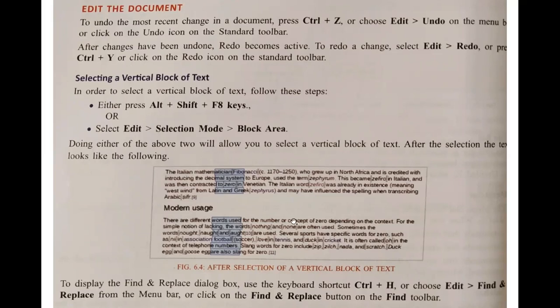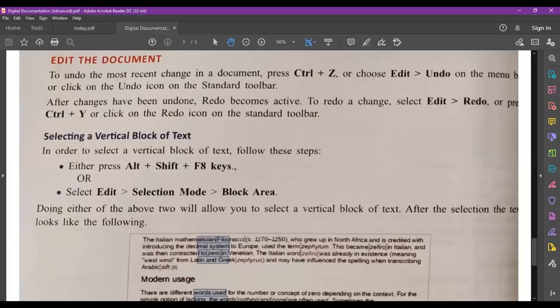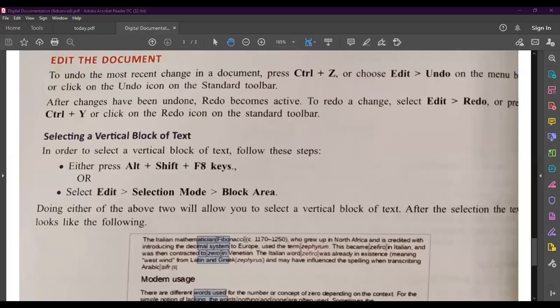So let's do the practical first. Here is LibreOffice Writer. Supposing I am writing public school, and here I have written class first to 11th.